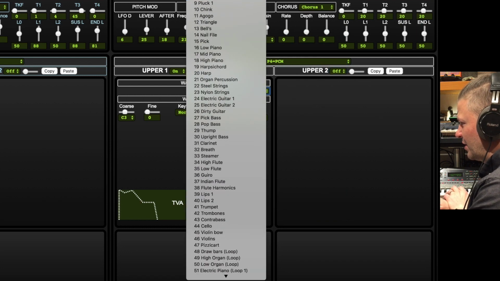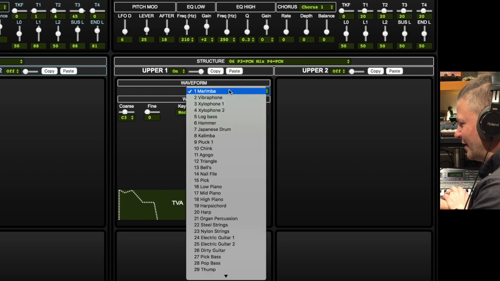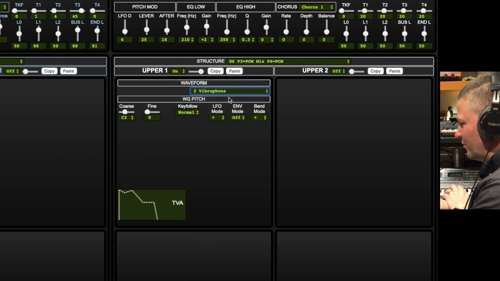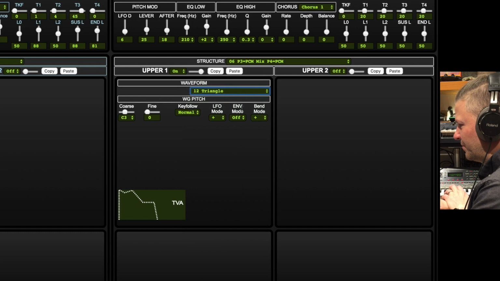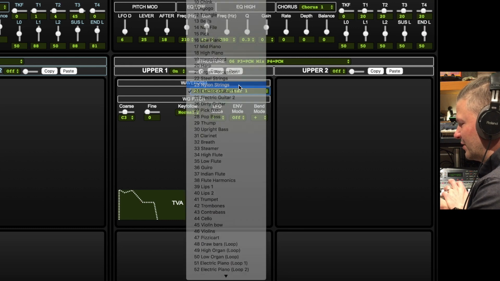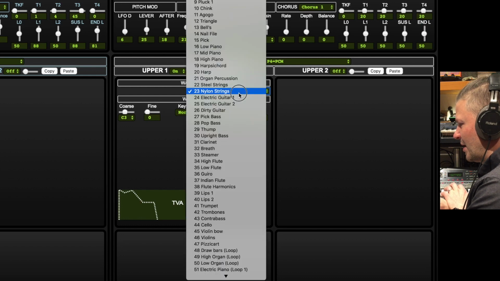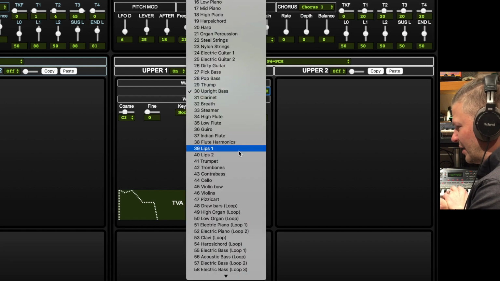And some of them you go, okay, the Marimba. Sounds like there's not a lot in that. Vibraphone, it should be longer. These are really short sounds. Electric guitar. But that's not, it's just like, what is that? These are the picks. The beginning of the sound. Upper bass. There's no power in that. There's just